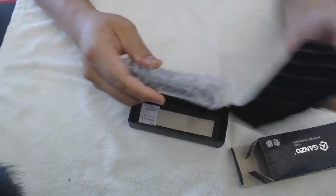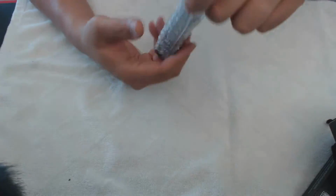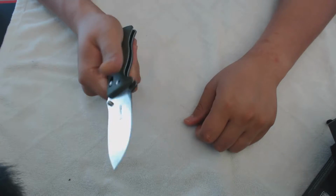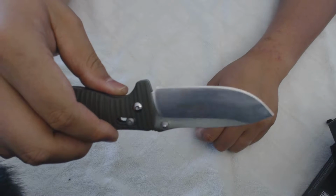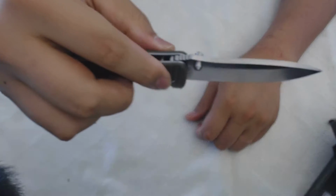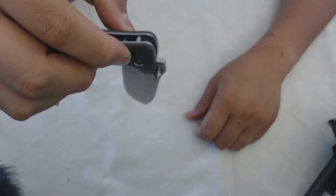And I basically used it for the first day and put it away. But I used it more as a kitchen prep than any other knife. And it did fantastic for the first day. The only problem is that, again, the pivot got loose to the point where it created a lot of